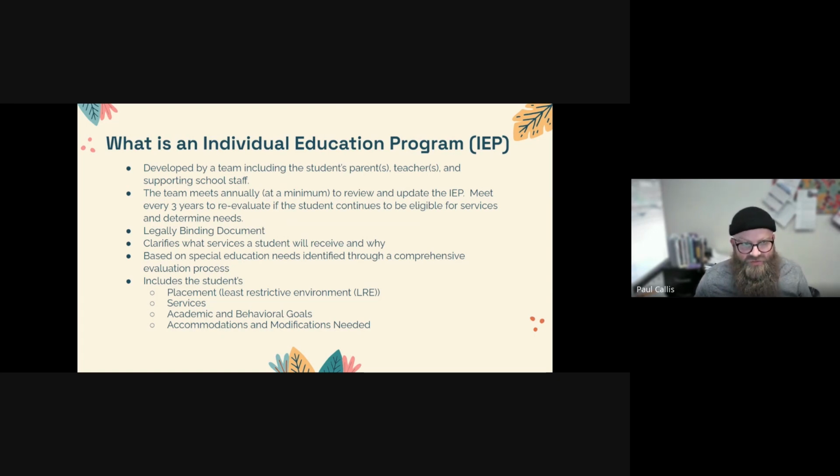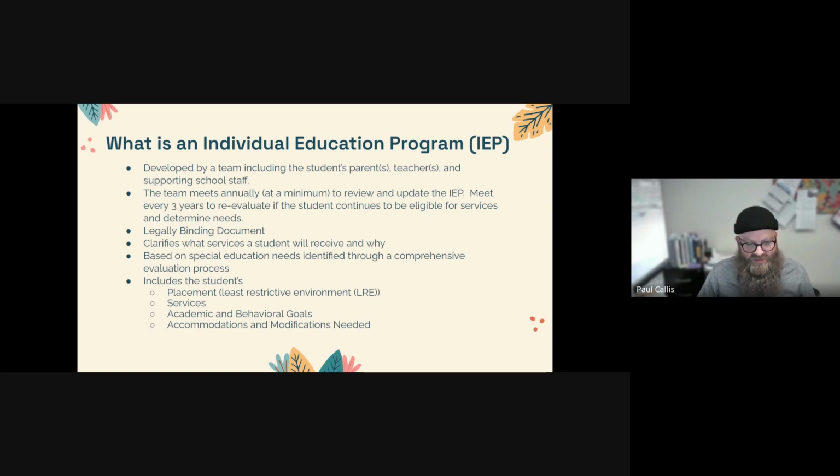When a student qualifies for special education, they get an individualized education program. And so this is developed by the entire team. It's the family, teachers, supporting staff, sometimes building administration. The team will meet every year to evaluate the IEP and plan for another IEP for the next year. And every 3 years, we'll meet to do a complete reevaluation to determine if the student continues to qualify for